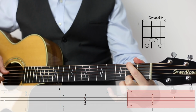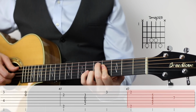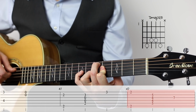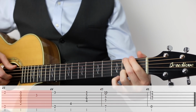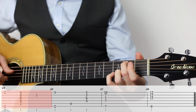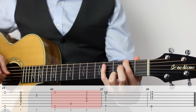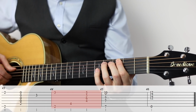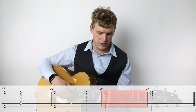We're going to play the 2nd fret of the outer 2 strings here, and then go right up to this chord shape. This might be another one that you've got to practice. And then we've got to reach for that 7th fret melody note, and go back to the outer 2. And then this 2 and 3. And we've again got this kind of bass going up to this minor chord. And now we're going to resolve the tune with a B minor